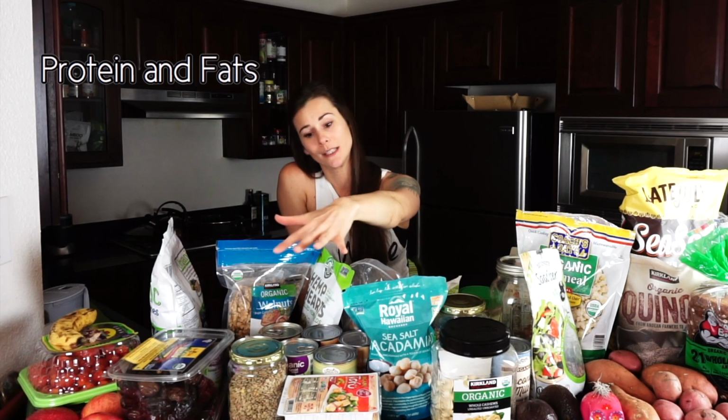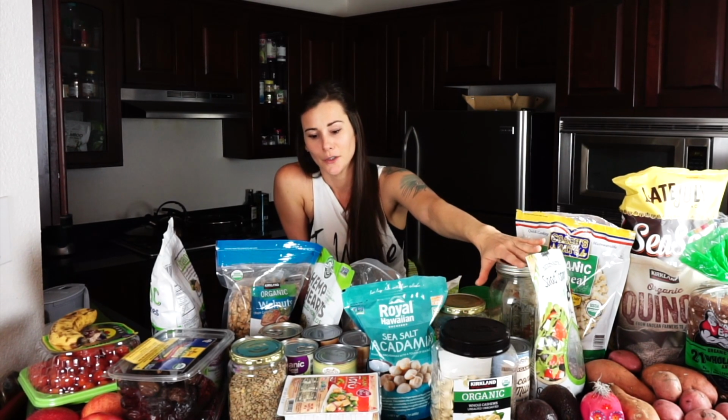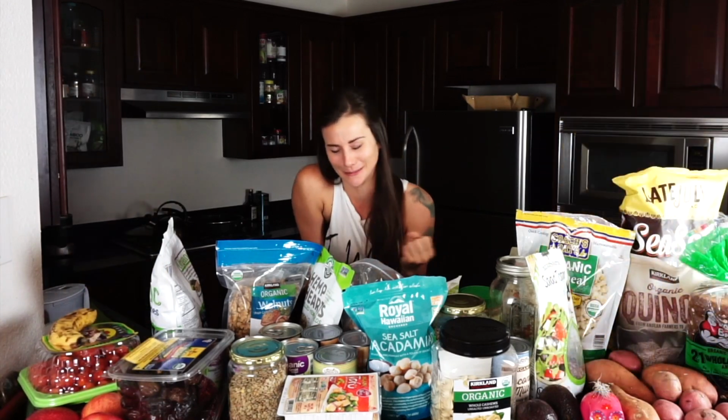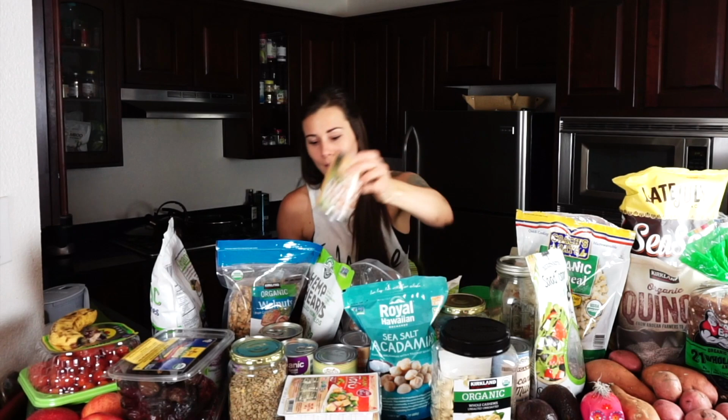Next is protein. My protein kind of blends into my fats a little bit because usually what's high in protein is also high in fat and vice versa. So as a vegan, I depend a lot on beans. I've never eaten so many beans in my life, and I love them so much. I eat beans pretty much every day, and I brought out a bunch of different varieties. I have white beans, black beans, kidney beans, chickpeas, which I don't even think are beans,